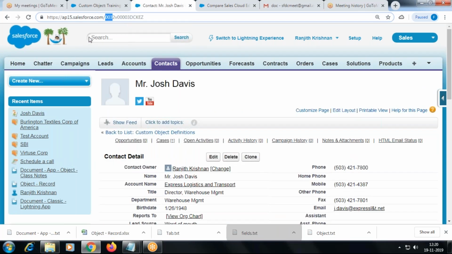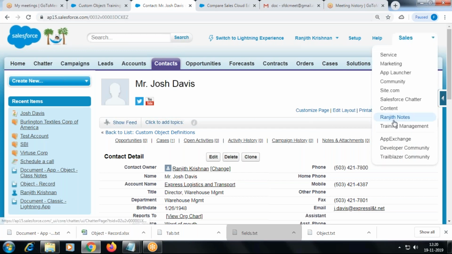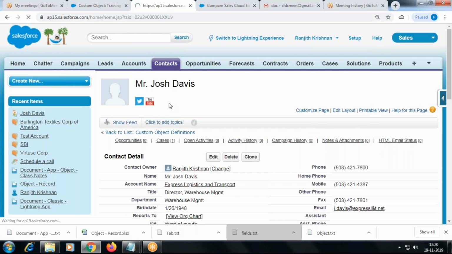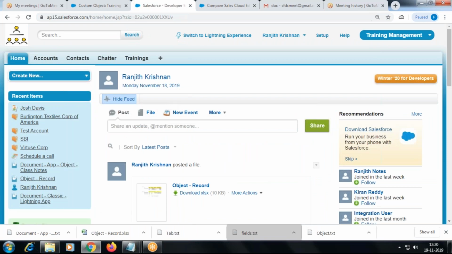This entity ID for a standard object is going to be the same in your org and my org, across customers. But what about any custom object? That will be different. In my case it might be different, and in your case it might be different. But the standard object entity ID is going to be the same.